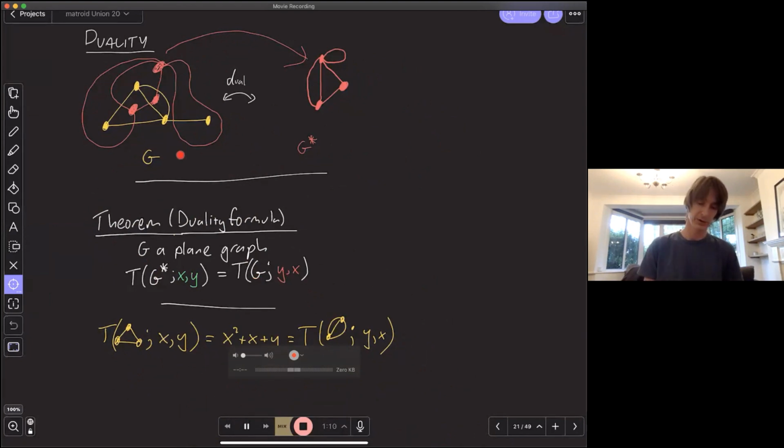So up here, if I want to know the Tutte polynomial of this red graph, I know this if I know the Tutte polynomial of the yellow graph, I just switch the variables y and x. And as an example, we've already seen an example because the 3-cycle and the theta graph are planar duals of each other, and you can just check that T(x,y) at 1 is equal to T(y,x).